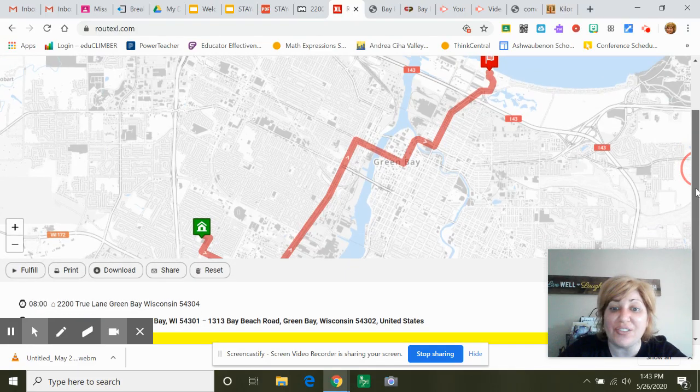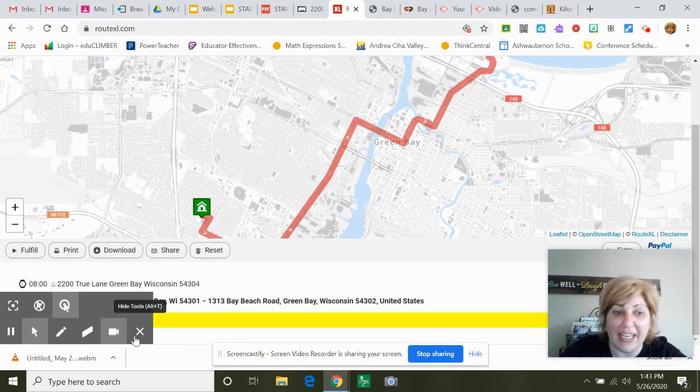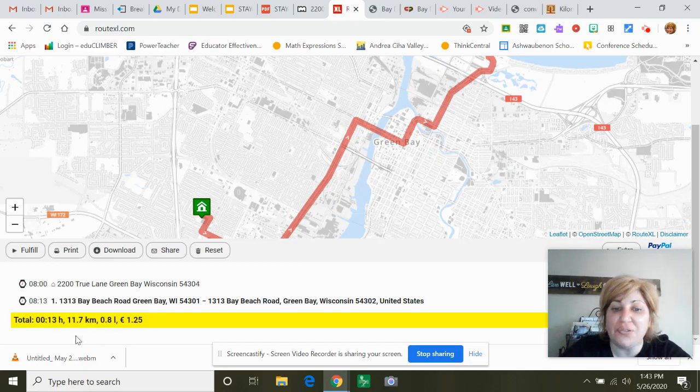Now, if you scroll all the way down to the bottom, and I'm going to close some of my tools, you can see that you have the total hours. So it's going to take you right here, it's going to say 00:13 hours. So it's going to take you about 13 minutes to get there. And then right here it says